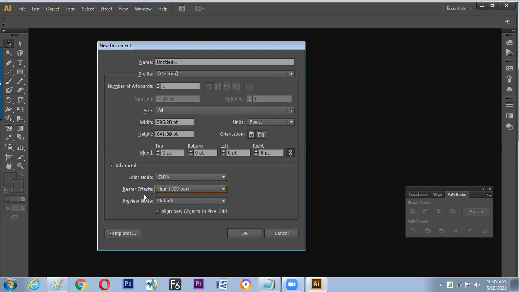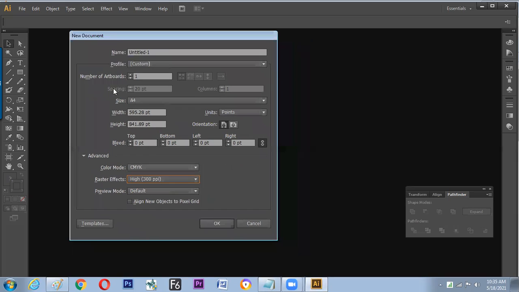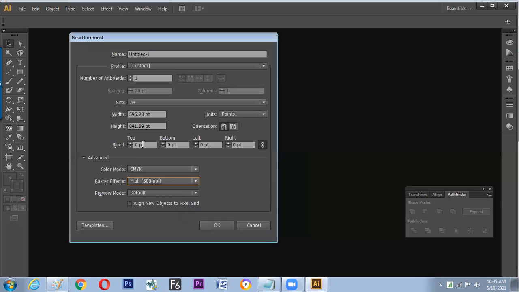So hope we got to know 2-3 pieces of information. How many types of color modes are there? What are those? Where to use what, what is called raster effect, when to use which PPI, what is called bleed, what is called orientation. All this will be a technical question in the interview. So in the first document itself, this much information we have covered.